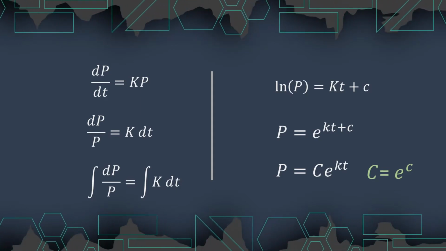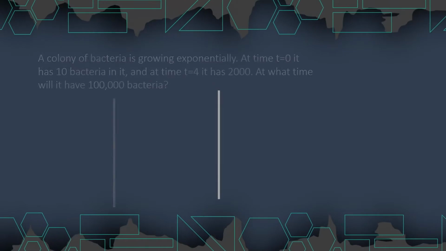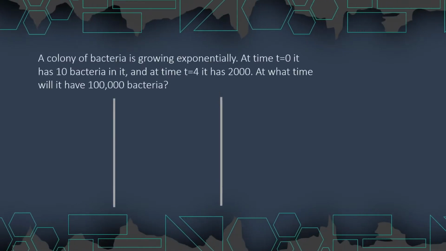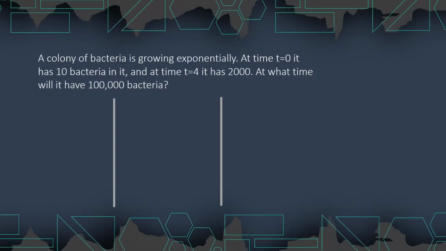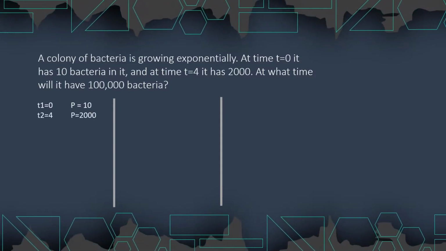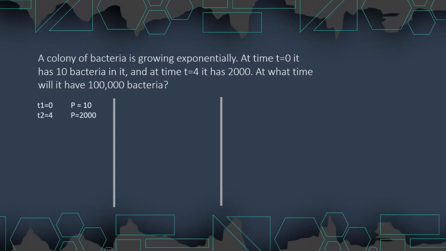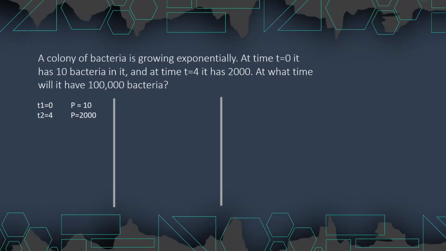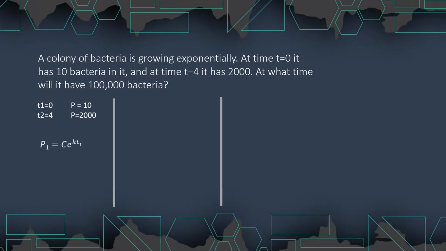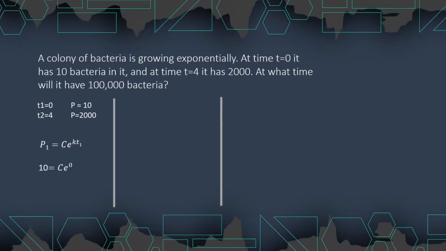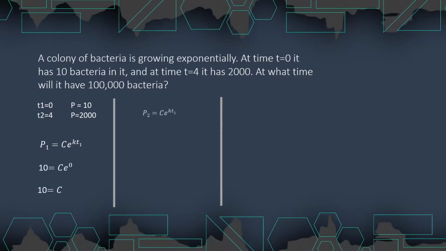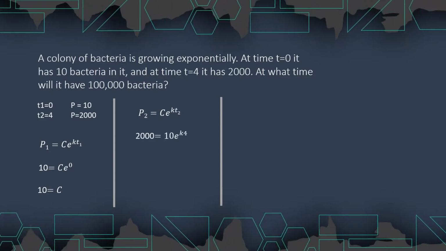Let us take one example to understand it. Initially, there are 10 bacteria. After time t equal to 4, the population grows to 2000. We need to find the time at which the bacteria reach a population of 1 lakh. We know the formula: population is equal to c into e raised to the power kt. Putting t equal to 0, we get c is equal to 10. And substituting c equal to 10, p2 equal to 2000, and t2 equal to 4, from the given data we get k is equal to